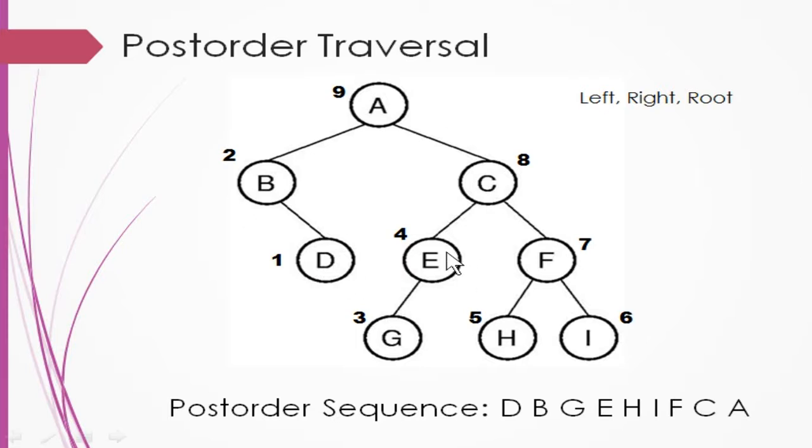Now after that, from this left you are going to jump into the right side. Okay, on the right side you got 2 nodes, one is left and one is right. So you have to go to the left node, that is H, that will be the next in the sequence, and then jump into the right, that is I, that will be the 6th in the sequence, and after that root, that is F, and for this left and right you got a root, that is C, and then for B and C you got a root, that is A, that will be the 7, 8 and 9 in the sequence. So this is the post-order sequence.